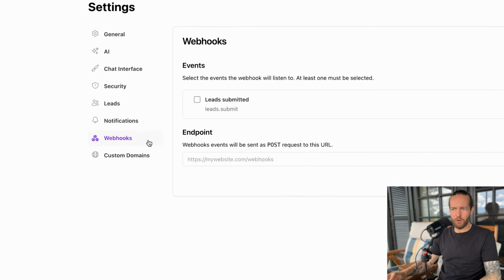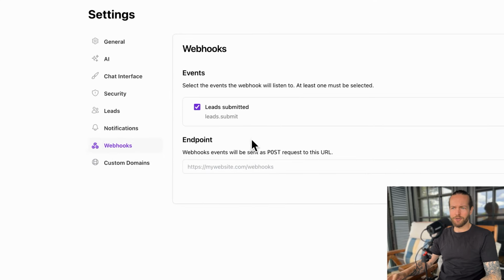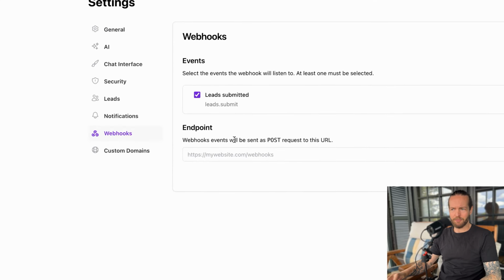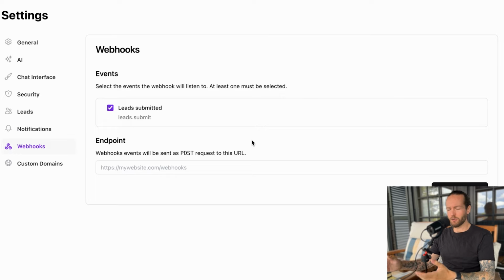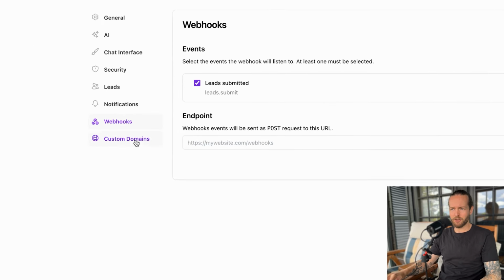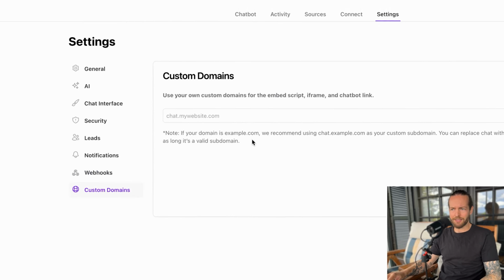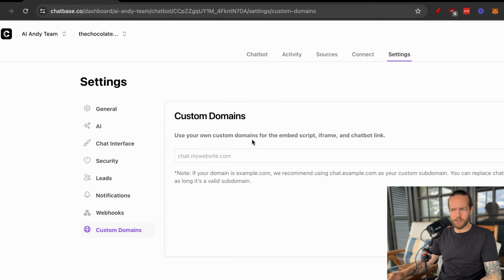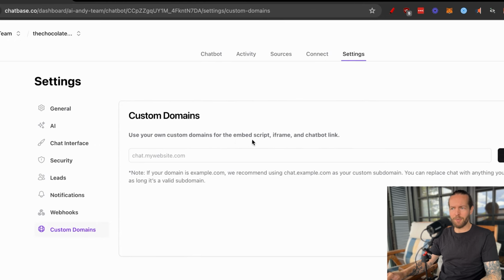You also have webhooks, and this is important if you want to integrate with other tools where you want to trigger an event, for example, where leads are submitted. And you can also add an endpoint here that makes it a lot easier to integrate with other software, as I mentioned. You also have custom domains here, so you can use your custom domains for the embed script, iframe,